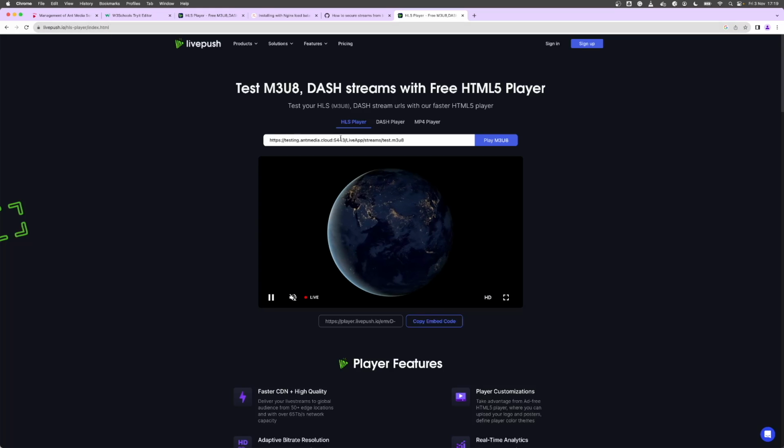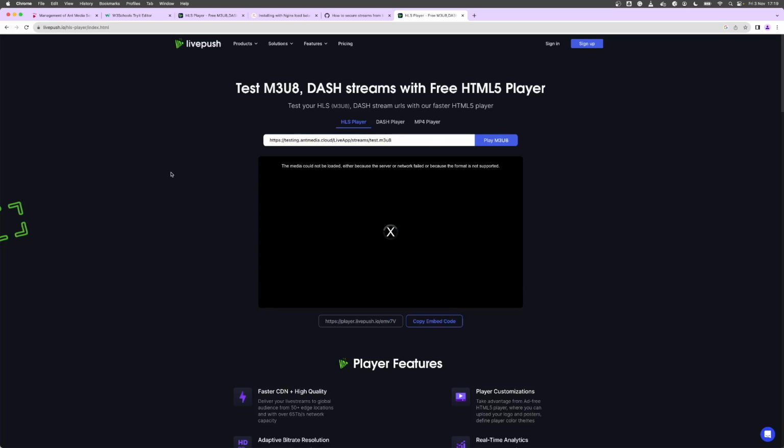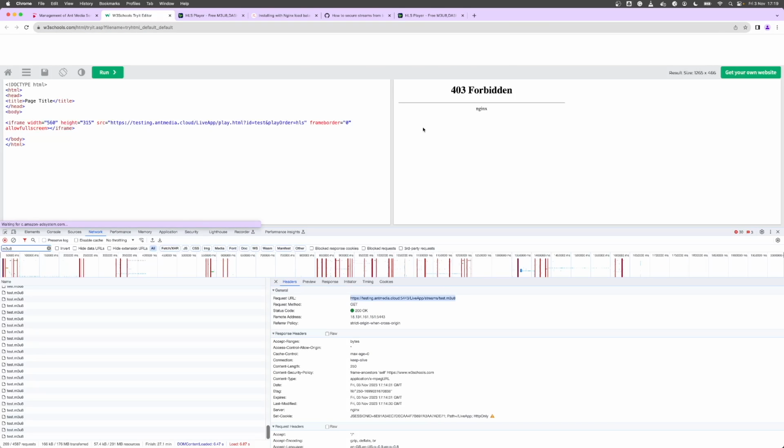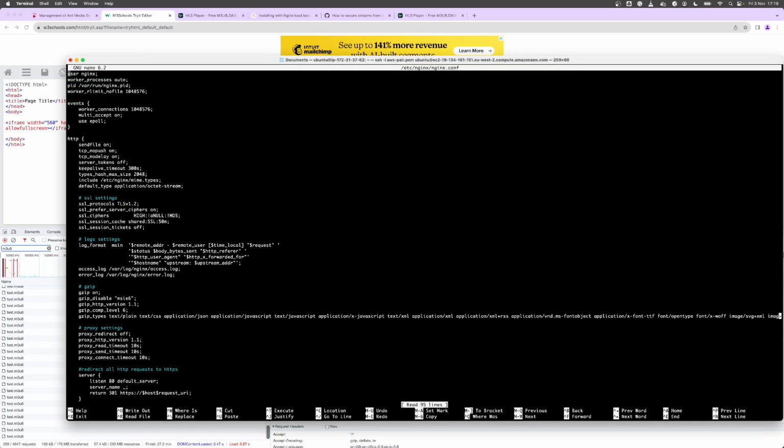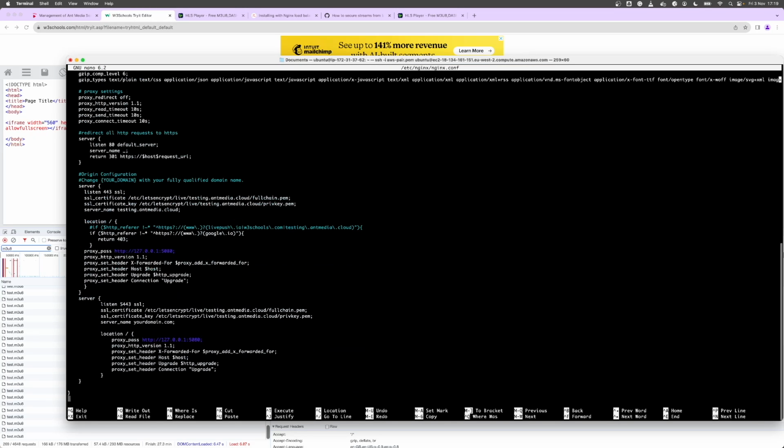So let's go ahead and authorize these websites. Go back to our configuration here, and like I said, I've already done it earlier, and I'm just going to take you through what I've done. So we're going to allow Live Push, we're going to allow W3Schools, and we're going to allow